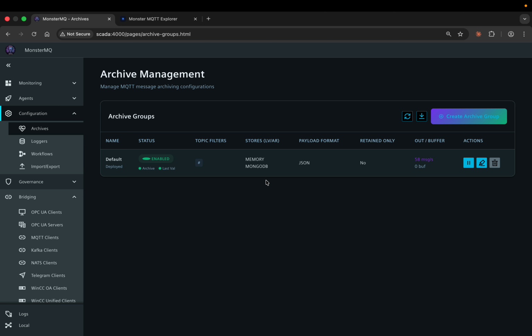But that also means there's only one destination for each type of database. And as you can see here, typically the default is the default archive, and here I have a hashtag, meaning all of the values are going into this archive. This is fine if you have a small or mid-sized broker, then it doesn't matter. But if you are running an enterprise level broker, we are maybe talking about